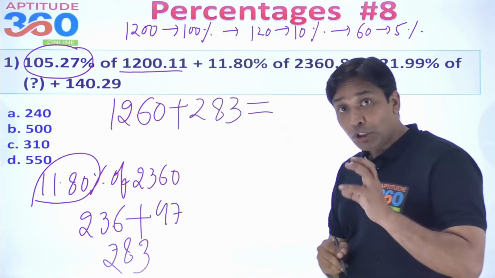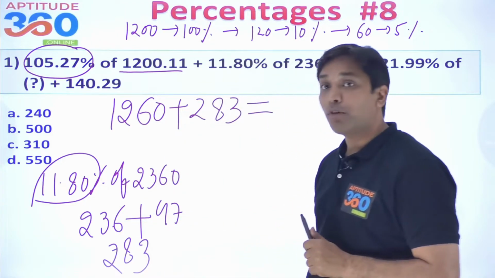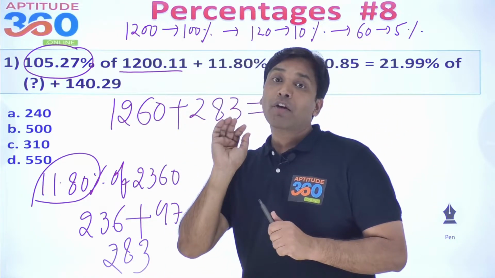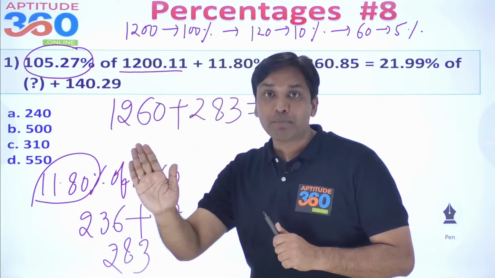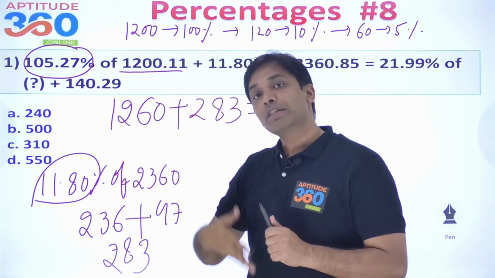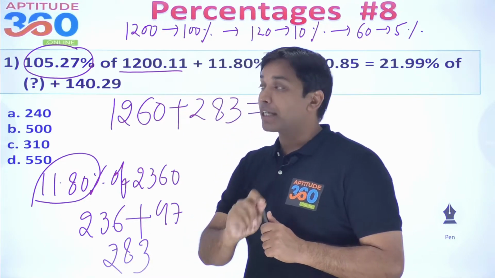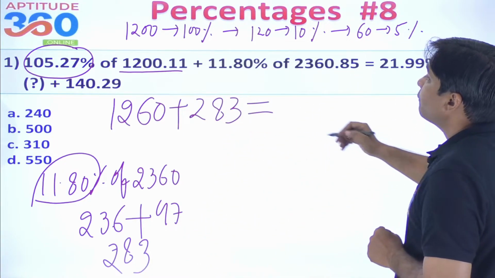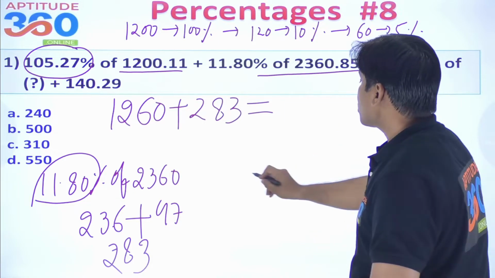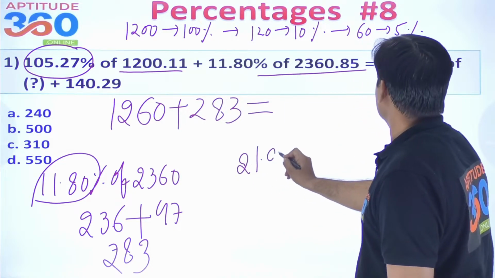Now you need to understand how and why we are doing this. Whenever you get confused, find out 10% and then 1% and then 5%, do some approximation and find out the value, but don't try to find it out by calculation. Now if you have done this, the rest we need to find out is 21.99% of something